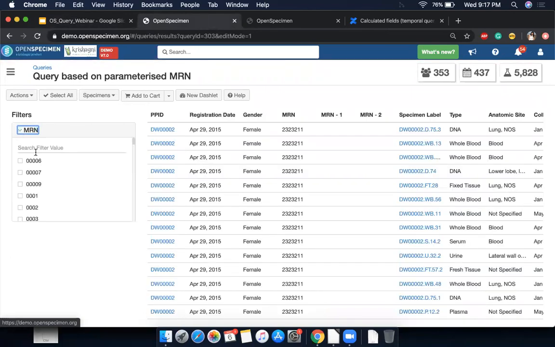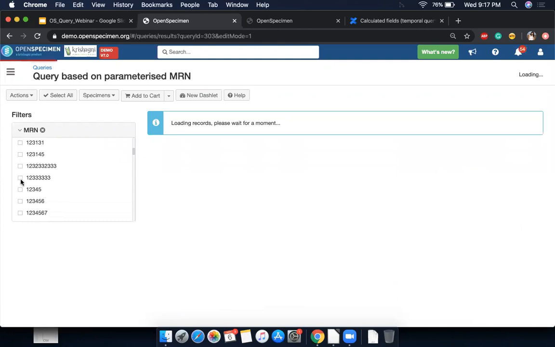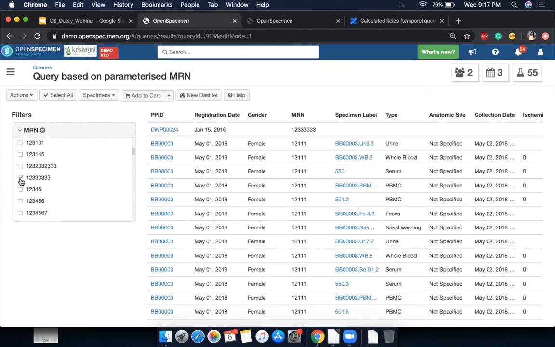So if you see here, all the patients in my results are shown as checkboxes in a list view. This is not helpful if there are thousands of patients, where you need to scroll down and keep selecting like this, which is not useful. So for any field, let's say with an MRN label, that results in thousands of records, it is not useful to show it as a list view.